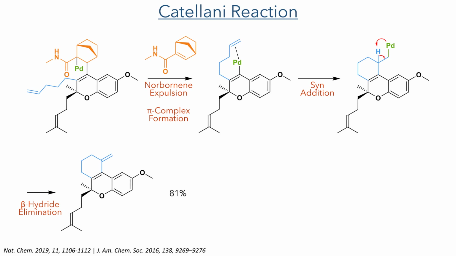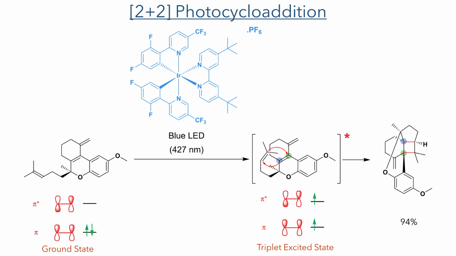This then follows the same steps as the Heck reaction, where a syn addition forms a carbon-carbon bond, and beta hydride elimination of the palladium forms the exoalkene and completes the reaction. With all three 6-membered rings now complete, the authors needed to construct the 4 and 5-membered rings, also fused to